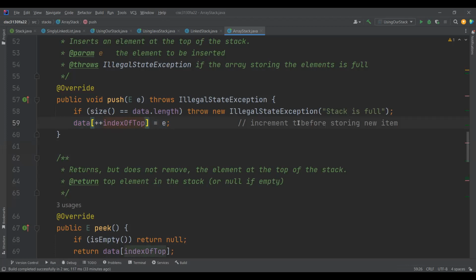And what that does is it increments top before doing the rest of the statement. So it will increment index of top, and then it will use the new value of index of top and assign E at that new index of top. Okay, if we would have done index of top plus, then this would not have worked. Think about why. What would have happened if we would have done data at index of top plus equals